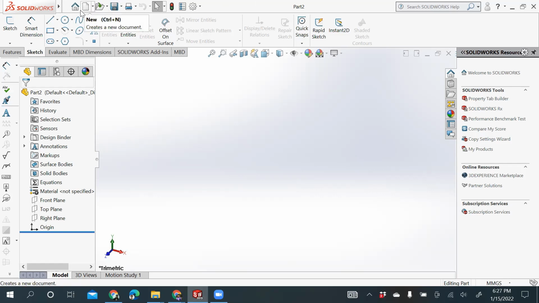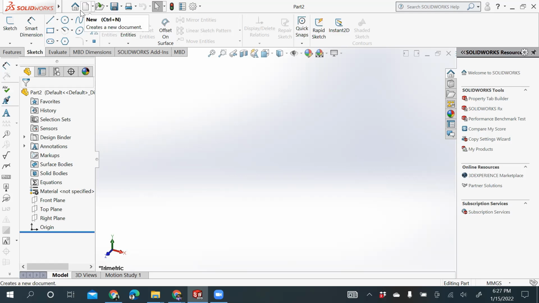Now, to start with our sketch, what you can see in front of you is the interface of SolidWorks. The SolidWorks which I use is the 2019 version, and it is always recommended to use a version of the software which is a couple of years old or maybe more. It's better to not go for the current version of the software which you are trying to learn.